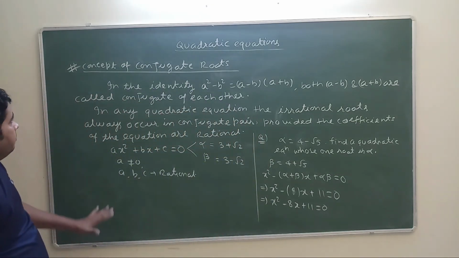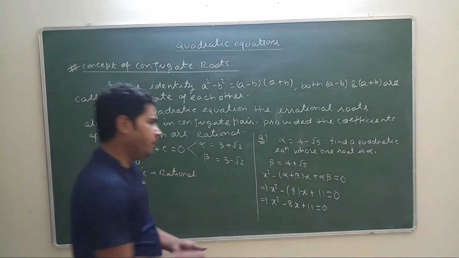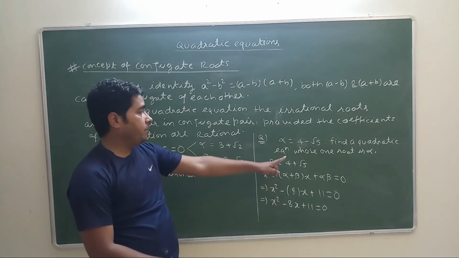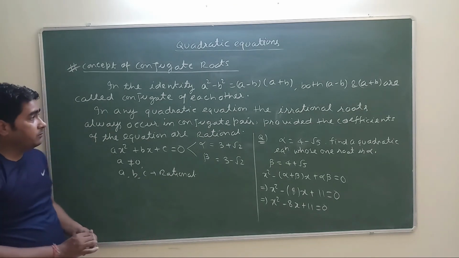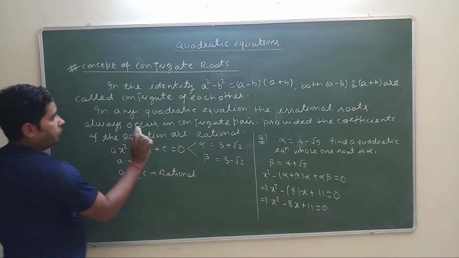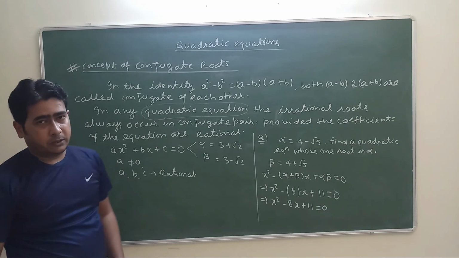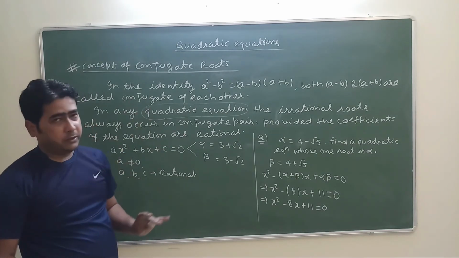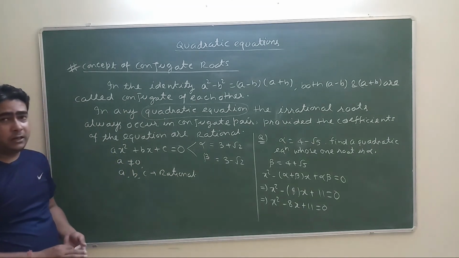So this concept is very useful. You can apply it directly. It may be given that A, B, C are rational, but if it is not given, then also you need to apply the same process. So you can copy this. Let me tell you one more thing, that this concept is not only applicable in quadratic. It is applicable in any equation. Degree can be anything. It is valid in any equation. Now you can copy this. After that we will see the next topic.